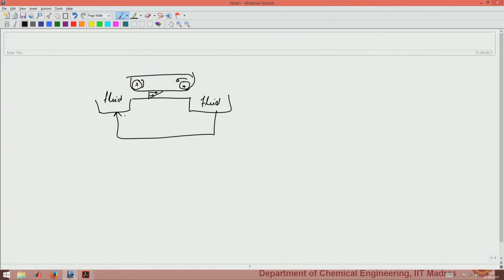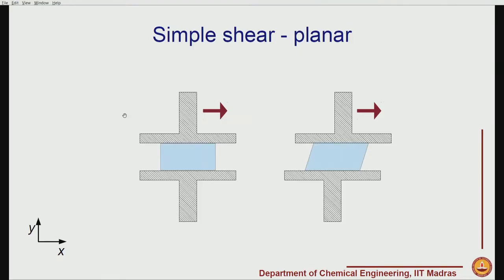So, you can see it is a very elaborate arrangement to just achieve planar shear flow in a lab condition, because the fluid has to go somewhere, it has to be replenished, it has to be brought back. So, this kind of a setup is far more complicated, but in terms of arguments in the class or to learn concepts, this is the simplest one, because to describe this 2D is very easy. So, that is why in class we will consistently use planar shear flow, but in labs it is most often